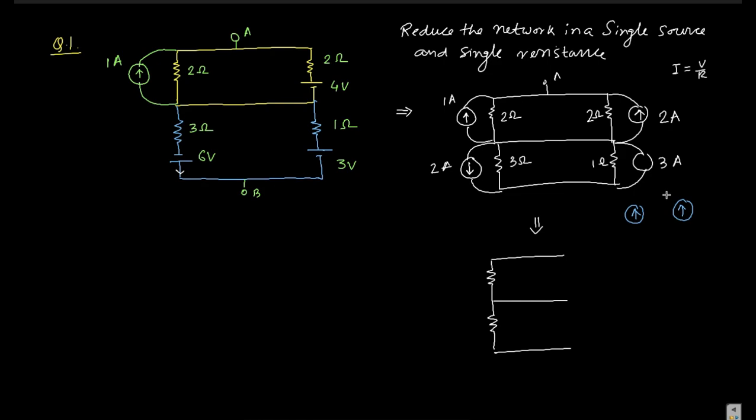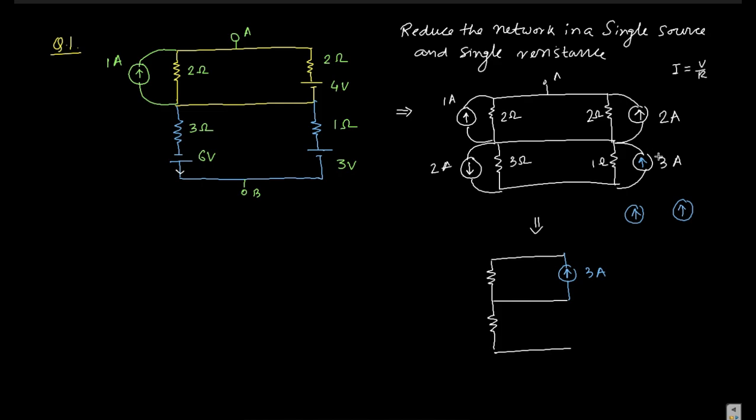So the total current source for this upper part is 3 ampere. Is there any confusion? It is 2 ampere and 1 ampere, both in the same direction, so both are nothing but additive. Now if you consider these two